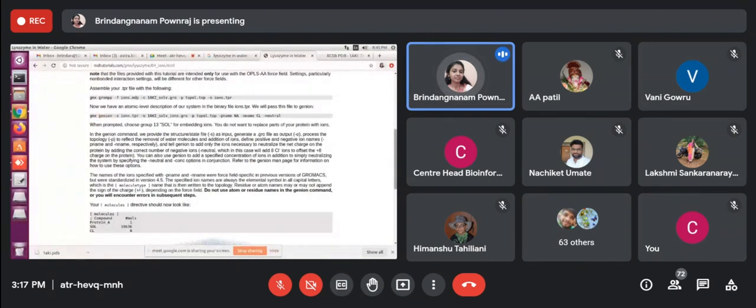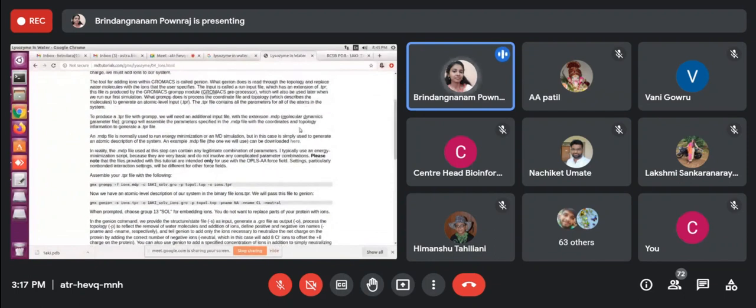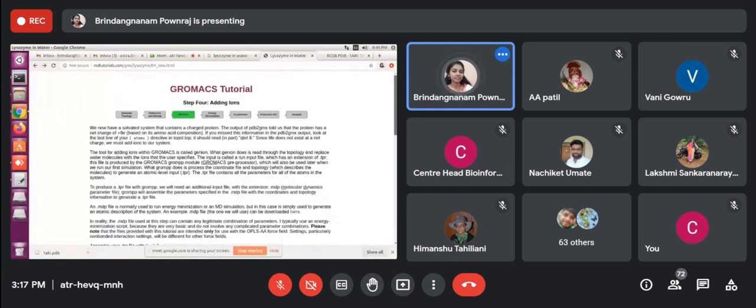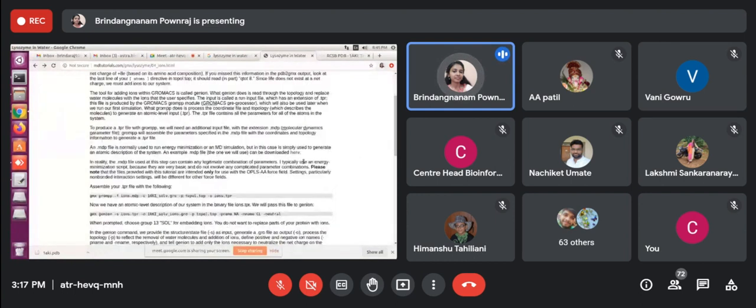To add ions, we need a molecular dynamics parameter file, the MDP file. So here you will get that MDP file. I'm telling again, in this tutorial, you can see the blinking option here. The MDP file is normally used to run energy minimization or MD simulation, but in this case it is simply used to generate an atomic description of the system.